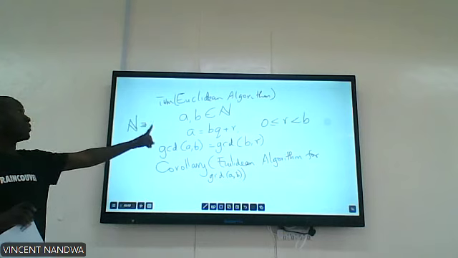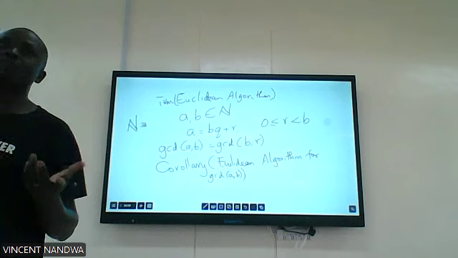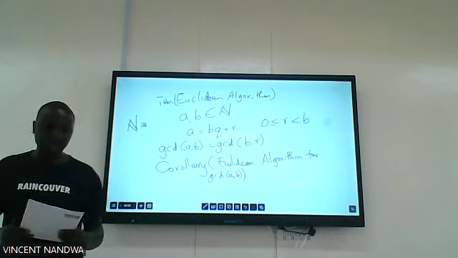So when someone says natural numbers and another person says positive integers, they mean the same. So for two natural numbers A and B,